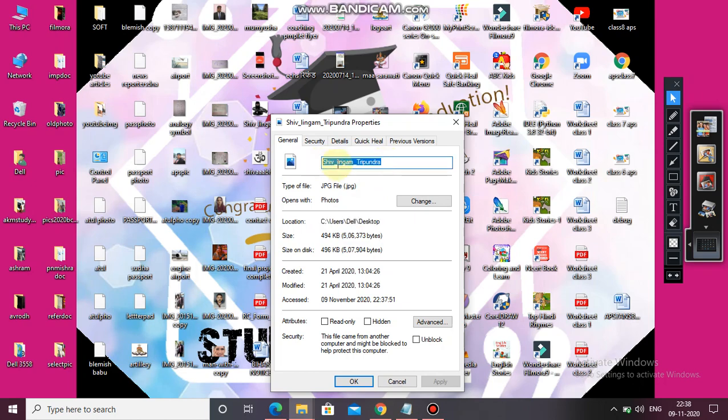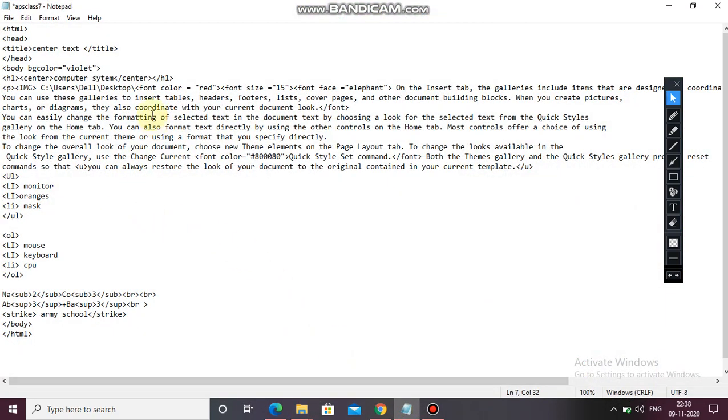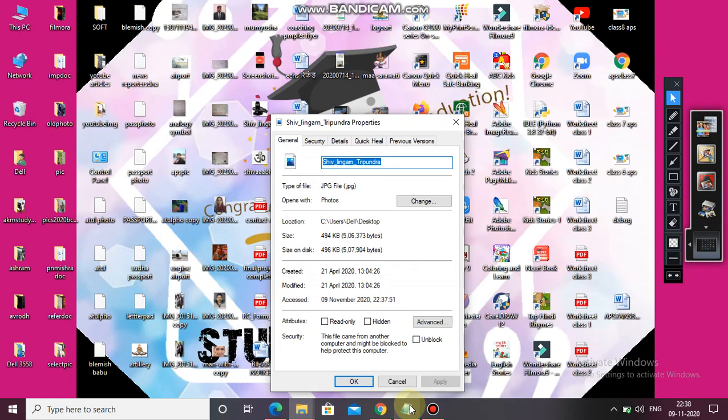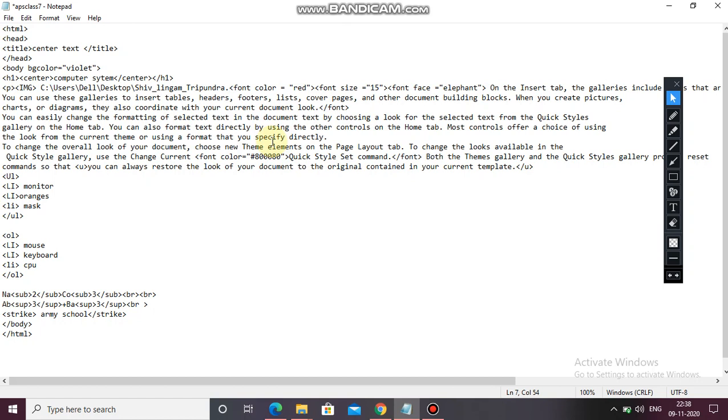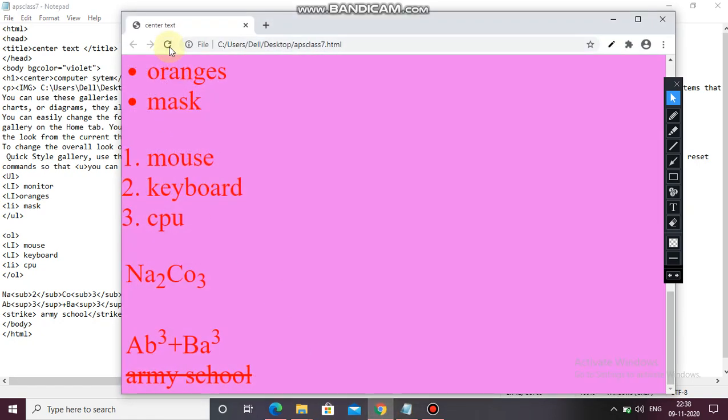Copy, here again paste, dot, the format of the file is jpg. Control S. Let's see if it comes or not.